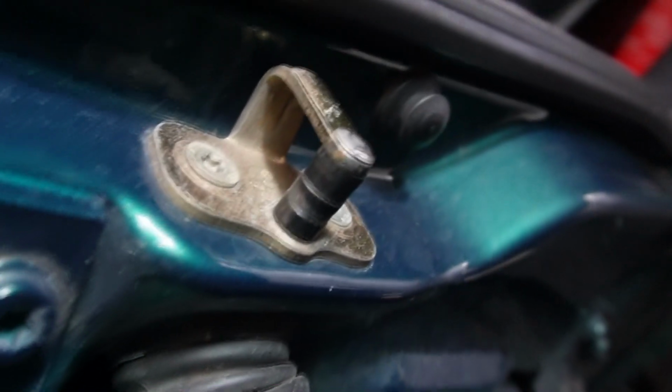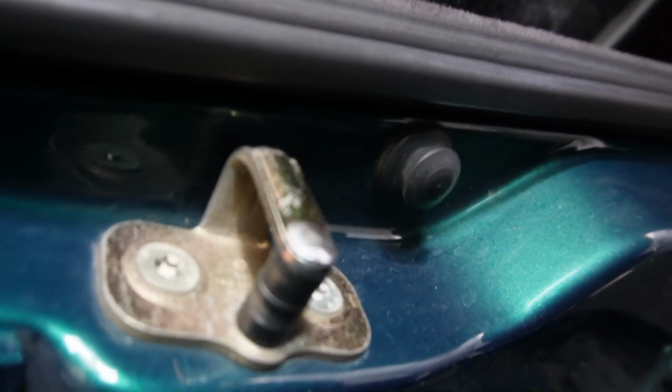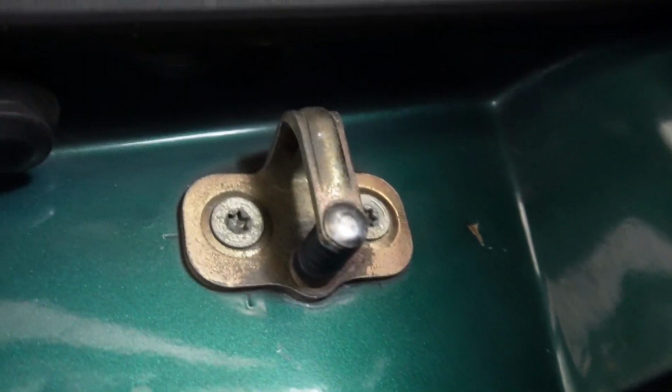Not too shabby. I'm going to do the same as I did with the handle. Just put the fronts in for now, and then be on the hunt for a set of rears. I believe they're all the same anyway, so no problems with that. And then the rear one, I'm going to have to figure something out because there's no plastic